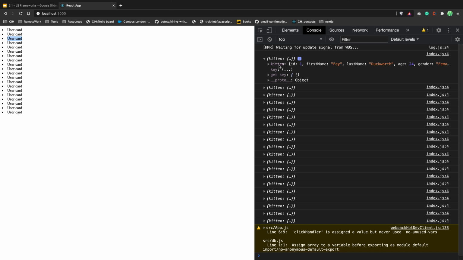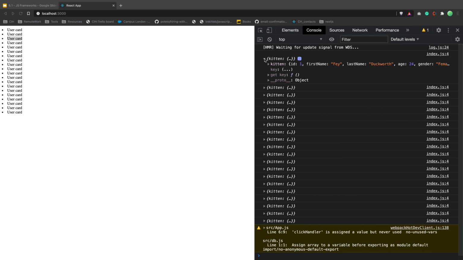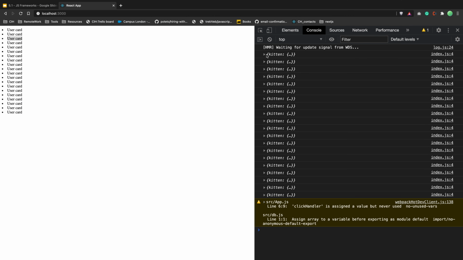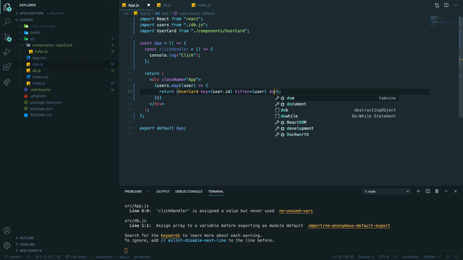So in our case, we have a kitten. We probably can think about a better name. Why is kitten the title of the object? We have the object with key kitten. I can put another one. Because it says kitten equals user. Okay. Yeah, doggy. I don't know.